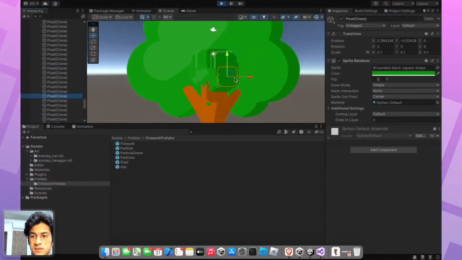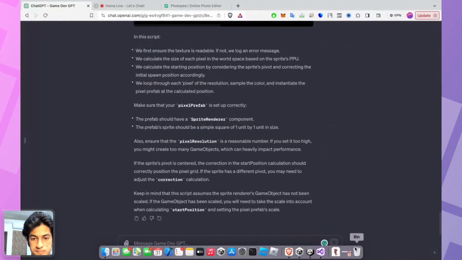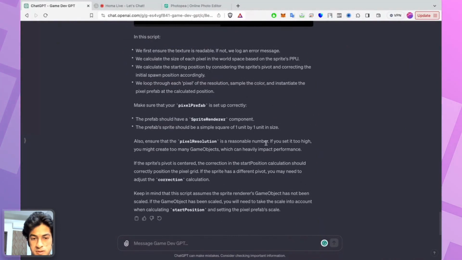Oops. Okay. Set it too high, you might create too many game objects. So this way where it is centered.